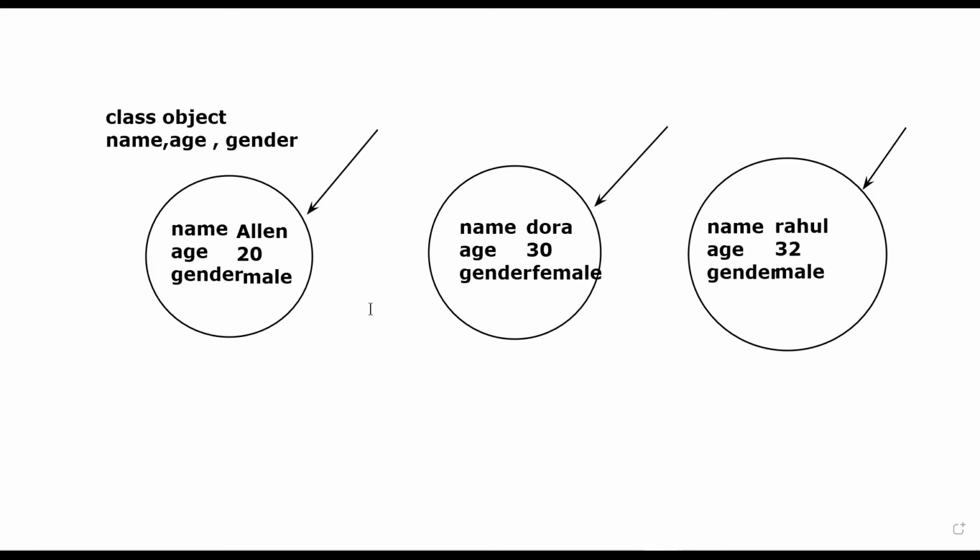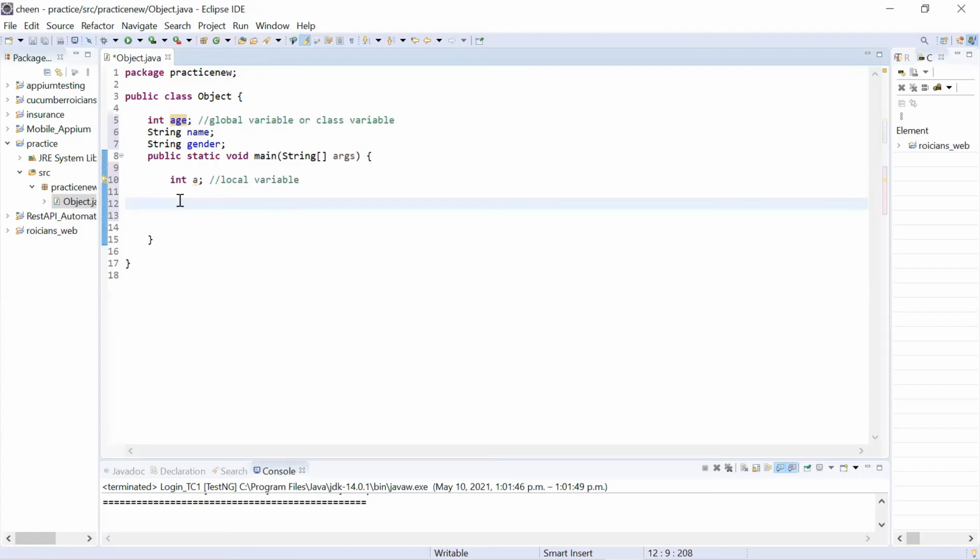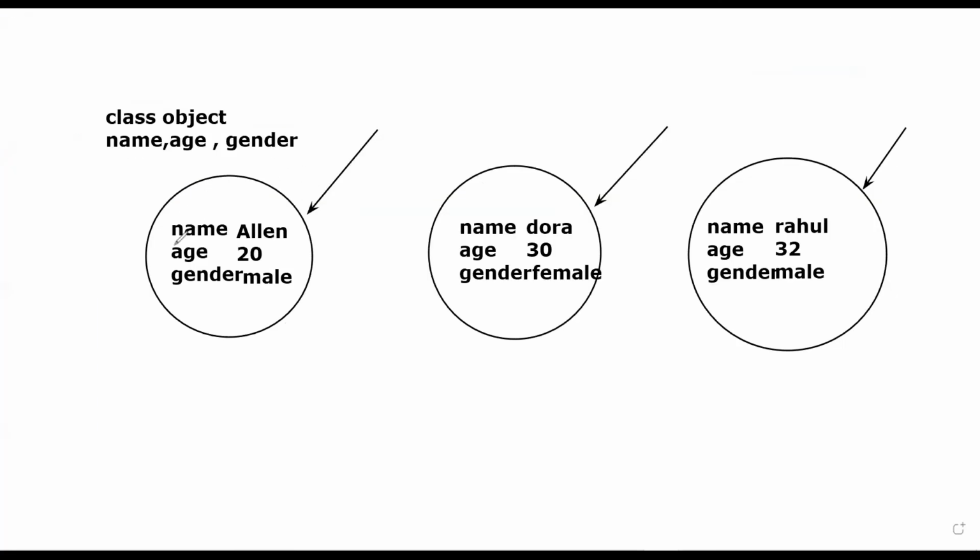If you create three objects, three memory areas will be created by copying these variables inside them. So you can use these variables in different memories. Let's see how we create it. In order to create this, I will be writing new, that is a keyword, and then the name of the class. So in this case, the name of the class is object. And I'm going to give brackets, semicolon. So this is how you create an object. When you write new object, then guys, this area is created.